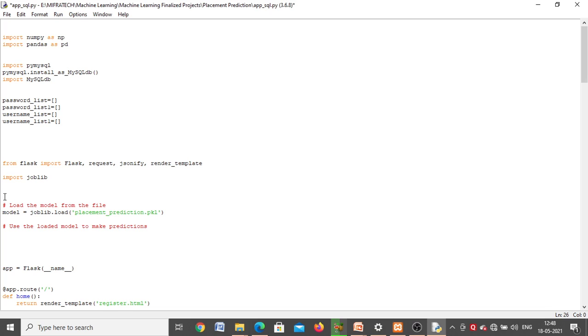algorithm gave me more accuracy, I converted into binary format so that I can directly load it in the front end. So now I'm going to load that algorithm. So import joblib. So joblib.load. So the name of the file is placement prediction dot pkl. So finally I load the algorithm in a single line, I will store in a variable model. So this finally I will use in order to predict the output from whatever the user entered input from